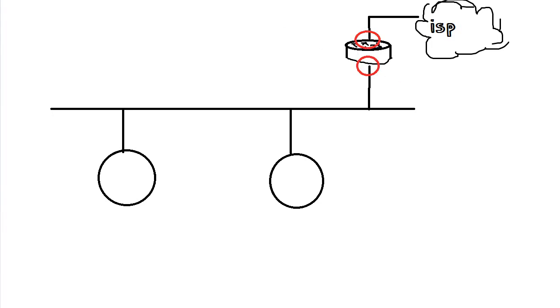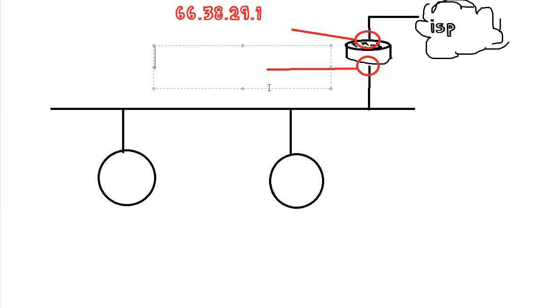Each interface on the router has an IP address. The one on your ISP side is generally determined by your ISP, and probably looks something just random like that. And the one on your inside side is generally determined by the manufacturer of your router, because you probably didn't change it, because you probably don't know what it means, so it's probably this, or something very close to it.